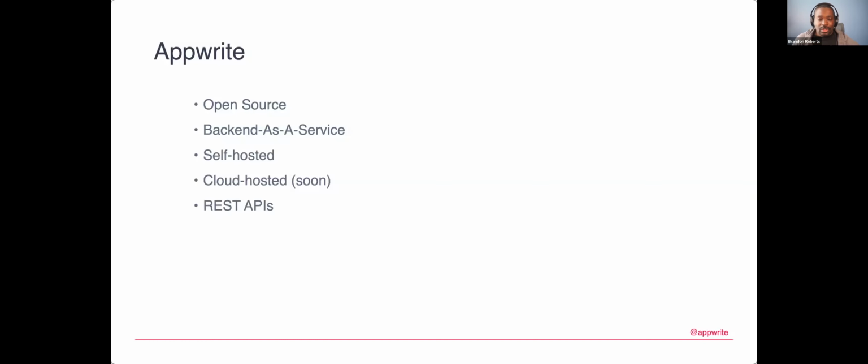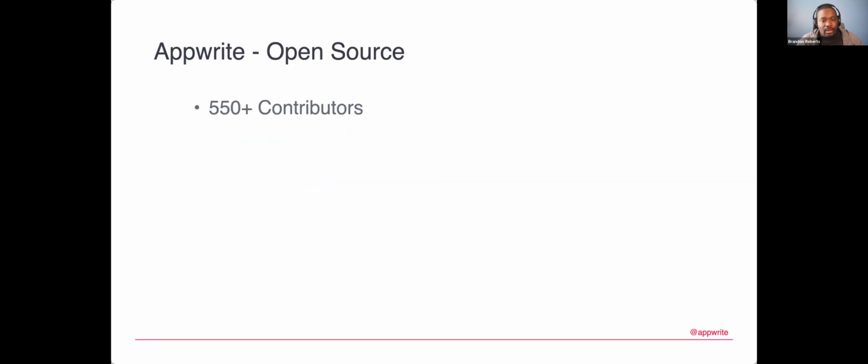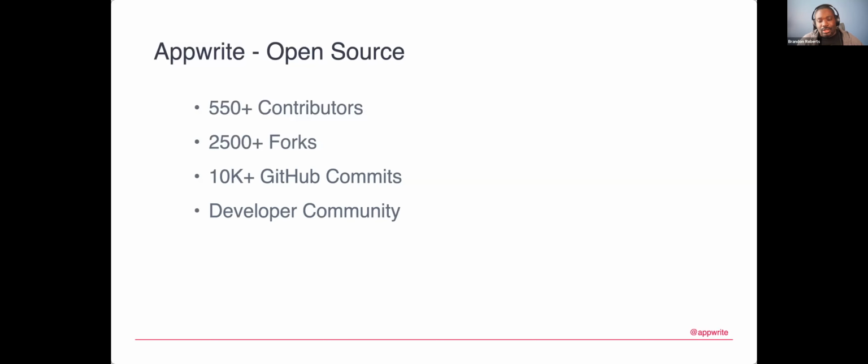And it offers the REST APIs and some core functionality around those things that I mentioned before about what you would do with it. We'll also talk about the community around it. So like I said, it's big on open source. Some of these numbers: 550 contributors, forks, commits. We say all that to say they're really involved in the developer community and Discord there.